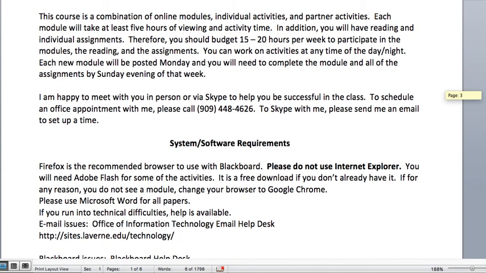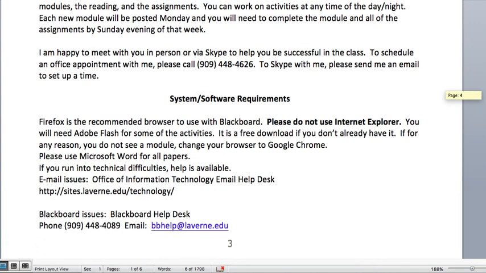Now, we've had some issues with Blackboard, but I think we've got most of them worked out. It just doesn't work well if you're still using Internet Explorer. Don't. I would use Firefox or Chrome. All of your papers, please send them to me as Word documents. Sometimes people send them to me as a Google Doc, and I don't use my ULV Gmail account very often, so I use my personal Gmail. So just convert it from a Google Doc to a Word doc.